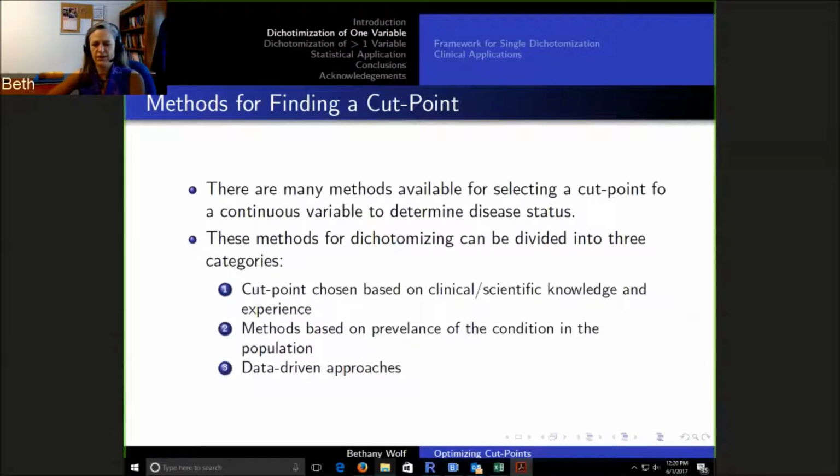The second set of methods that we could talk about are based on prevalence in the population. So if we take a disease like lupus, it's not particularly prevalent, but you could base your determination of a cut point based on the prevalence in the population. If we take something more like heart disease, that's fairly common. And so clearly, as I vary the prevalence in the population, how I choose my threshold may actually differ. And so it turns out that we don't really want to focus on those methods either,